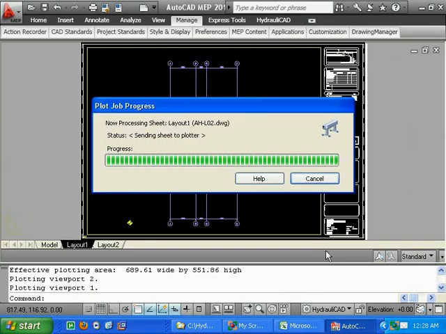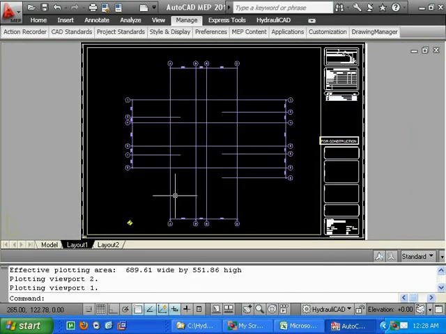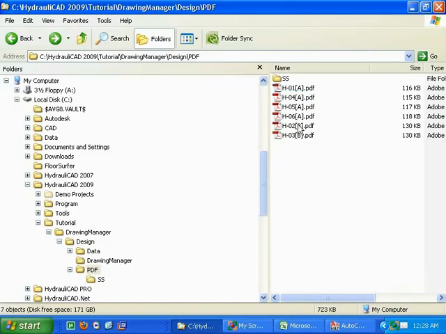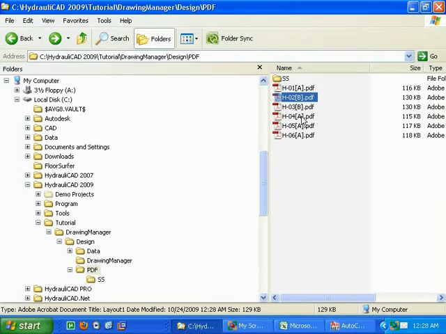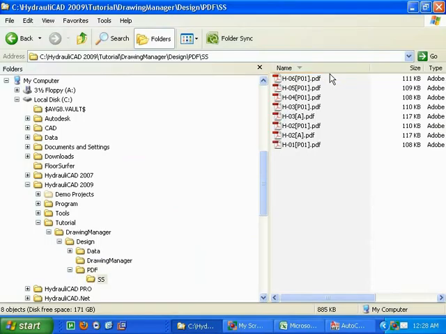Okay, we come back in here, Drawing Manager, run the build on the design. Okay, plotting, come back in here and we can see revision B, HO2 and HO3 are now revision B's, and they're black and white. The rest are colour and they're the previous revision. And we can see we've got the HO2 and HO3 revision A's in here and superseded. So that's how we can create our PDFs. So you know, I don't think there's any quicker way than doing